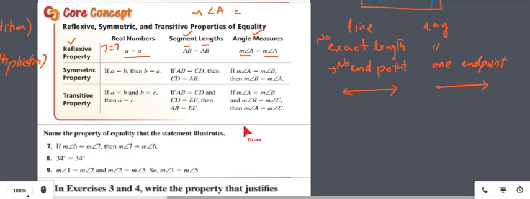I'm just giving you an example. For example, if we say it is 60 degree, so 60 degree is equal to 60 degree. This is possible. If we are just talking about the angle, we cannot write angle A equals angle A,